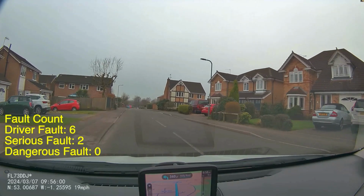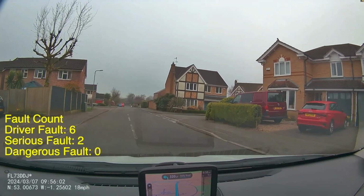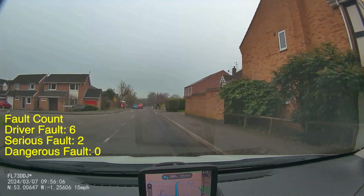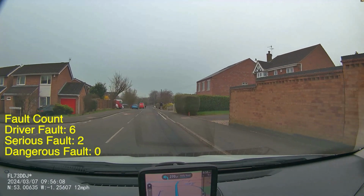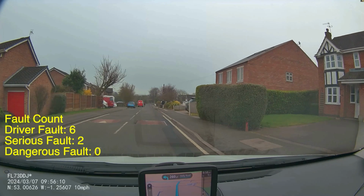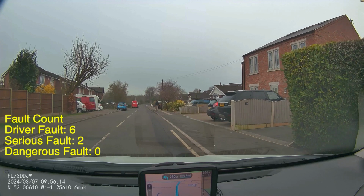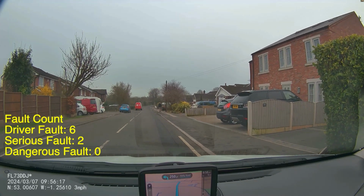Now the pupil does check her mirrors and signal to pull over, but we've got the road on the right here, and then she continues down the wrong side of the road for quite a distance before actually stopping, and this is just a really sloppy way of pulling over. What we should be doing is picking where we want to stop, mirrors, signal, and then pull straight up to that position. Don't drive down the wrong side of the road, and don't start pulling over without knowing where you're